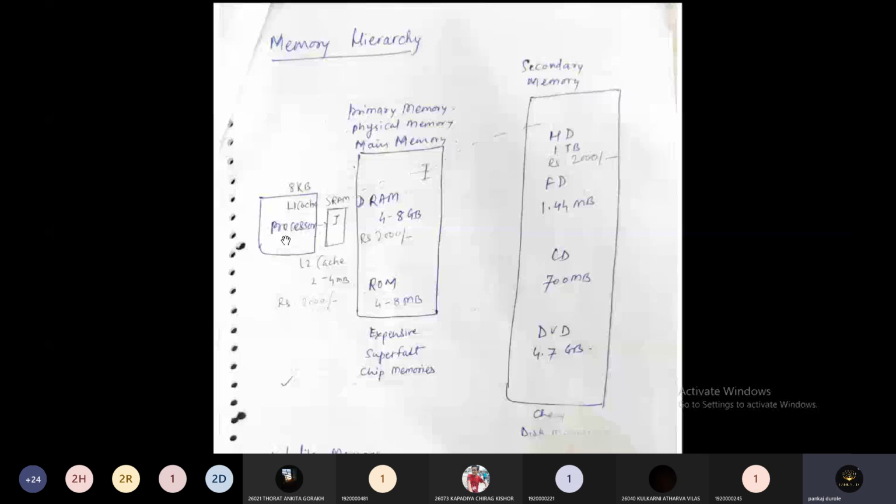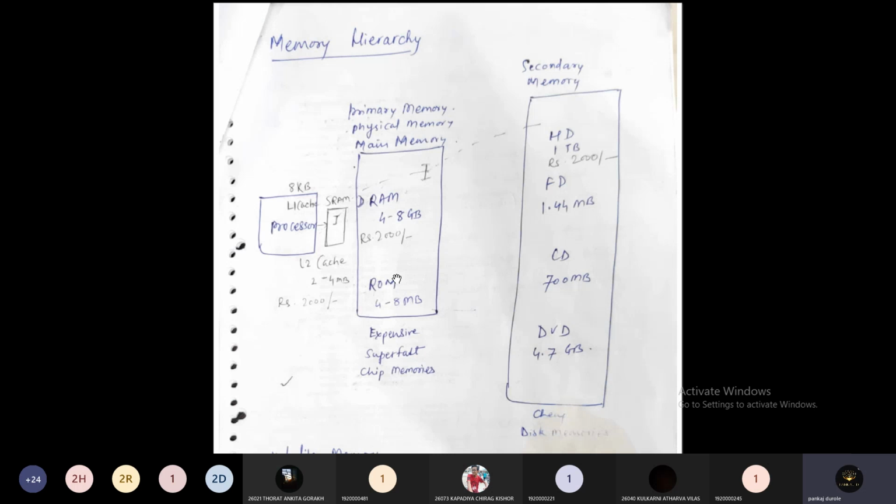Now, if this particular processor sends so many requests within such a small amount of time, not a problem, right? This memory will take charge of the data to be handed over to the processor so that the user, with very ease of use, can process so many applications in my computer. Why? Because the processor is doing that, and the processor is helped by the memory system. And that particular scenario we are understanding here,